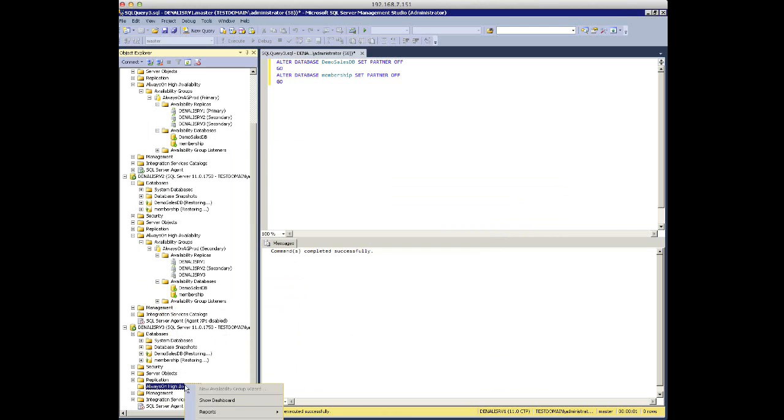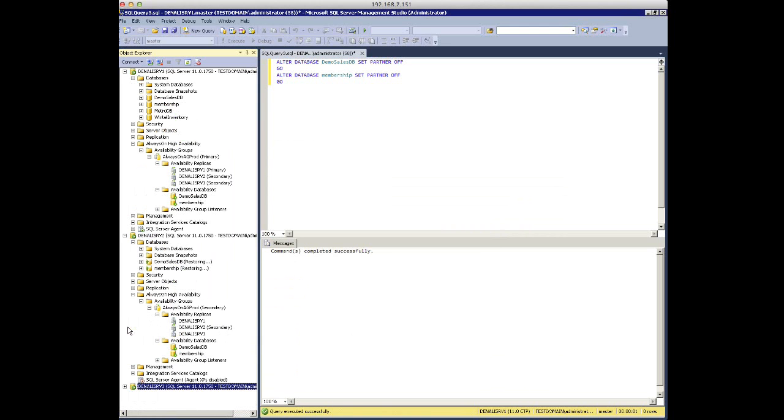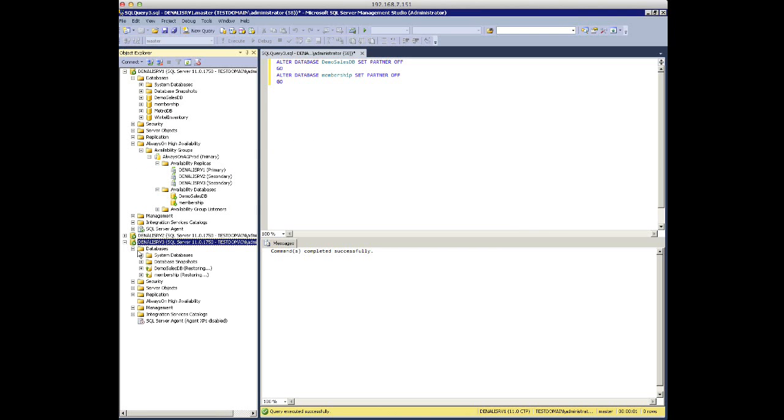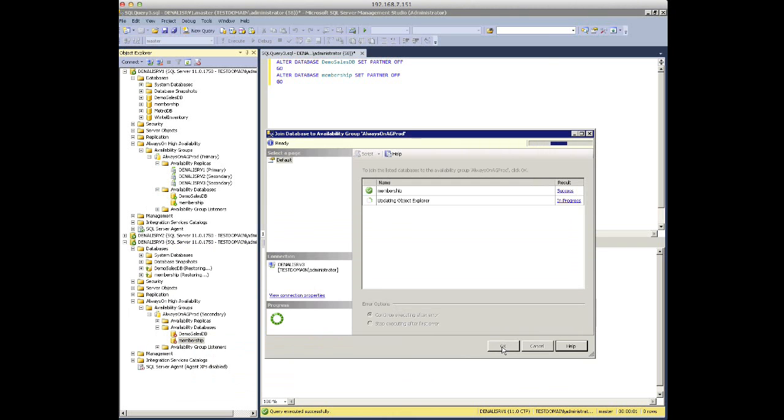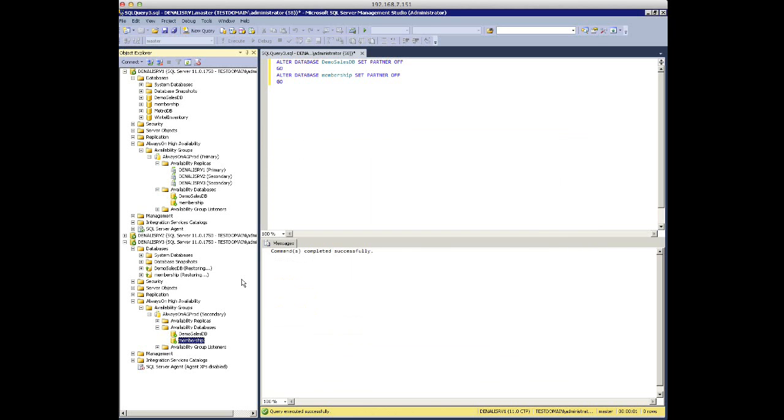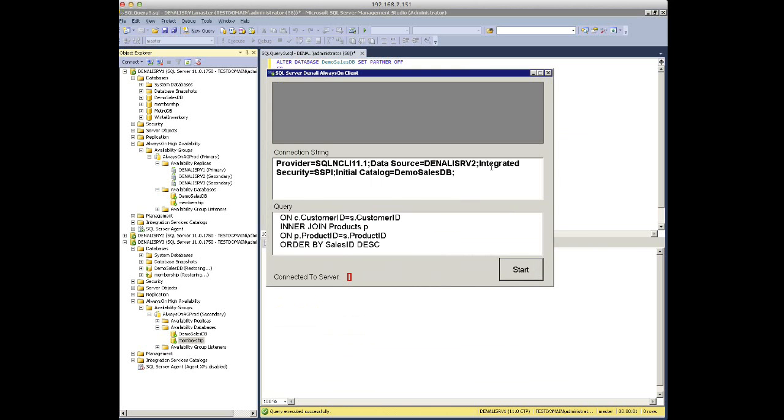Let me do a quick refresh on my user interface. And on the databases, again, join Demo Sales DB and my membership database to the availability groups. If you look into this, I now have 2 extra synchronized copies of my databases, and now I can go back to my application that I was running earlier, the application that can't connect to the mirror database because it's in constant restore phase,